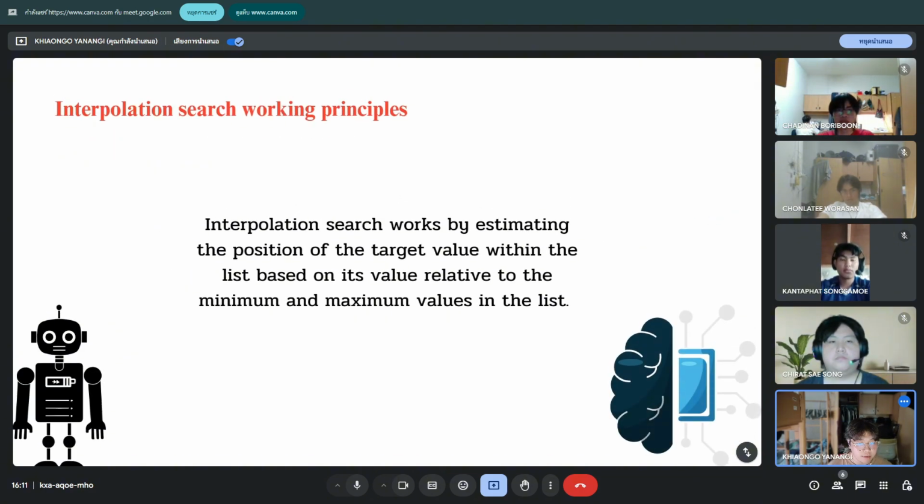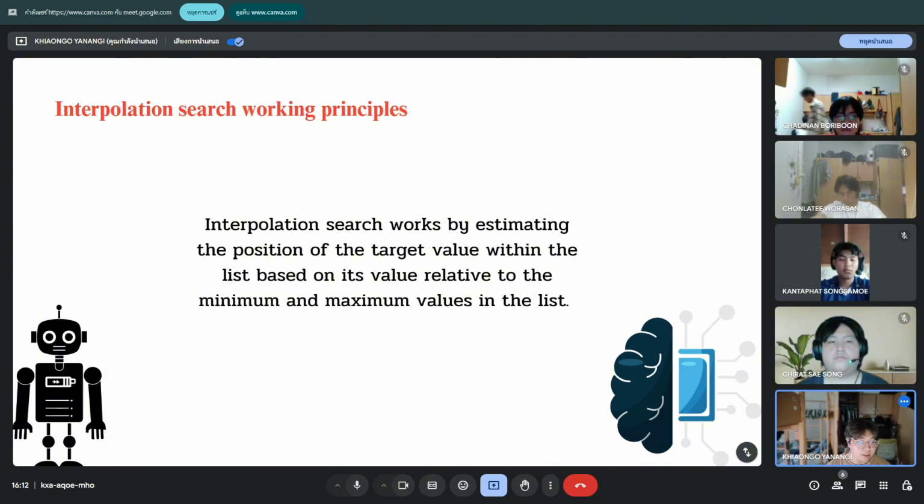Next slide, interpolation search. Its working principle is based on linear interpolation. We assume that the data is distributed in a linear way and we calculate the position of the target value accordingly.